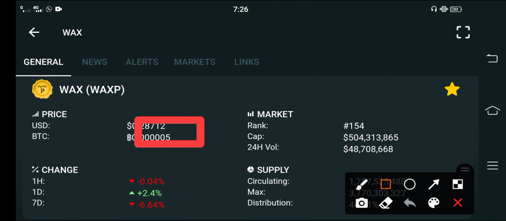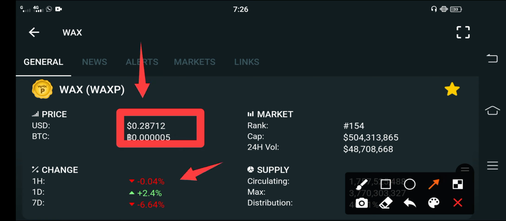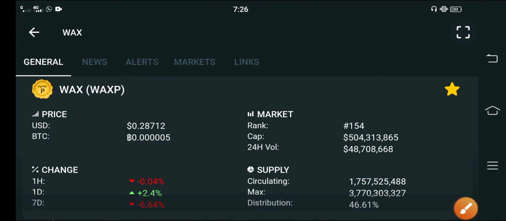At this time, guys, you can see here 0.28712 USD. That is the current price of WAX coin. On the other side, you can see the last 1 hour update is going negative 0.04%. The last 1 day change is about positive 2.4%, and the last 1 week change is also negative 6.64%, guys. So only the last 1 day change is positive, except for the last 1 week and the last 1 hour. This means, guys, that in the latest situation WAX coin price is in negative changes, price going